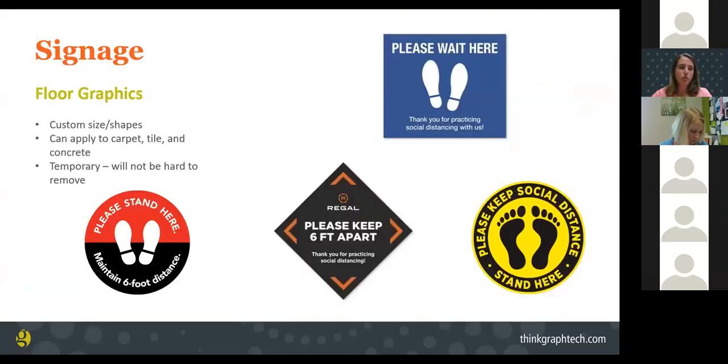Floor graphics. Floor graphics can be any shape, size you want. These are great for social distancing. You can apply them to carpet, to tile, to concrete. Pretty much any surface that you have, we can make a floor graphic to work. They are temporary. They are not going to be there forever. So as we transition out of this, hopefully we transition out of this social distancing, these can be easily removed